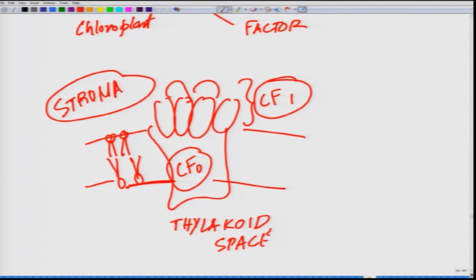And as I mentioned, the knobs of the external surface of the thylakoid membrane are the CF1 unit of ATP synthase. And CF1 has a subunit composition. There are multiple subunits, which are alpha, gamma, beta, which you do not need to really bother about. Okay. The electron transfer through asymmetrically oriented